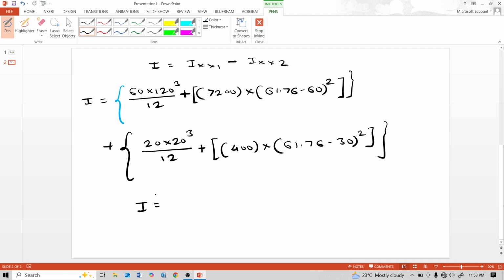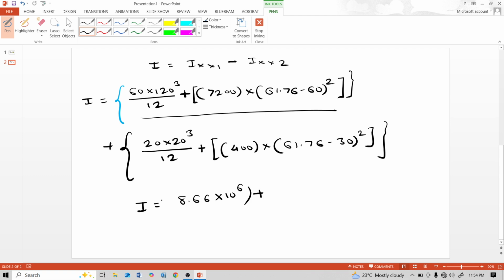Therefore I is equal to this: 61.76 minus 30 and minus 60. 61.76 minus 60, square of this term multiplied by 7200, plus 60 into 120 cube divided by 12, is 8.66 into 10 raised to 6. This term is 8.66 into 10 raised to 6